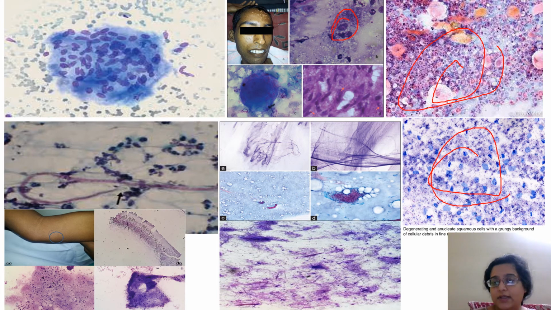And this is what it looks like on PAP and on Leishman, and this is an EIC, epidermal inclusion cyst. Fine. Now you might confuse this with this. So you can see that this is some sort of an infective lesion. Okay, the background is the same, but there are no squams in this. So if a necrotic degenerative background with squams is there, it is EIC.